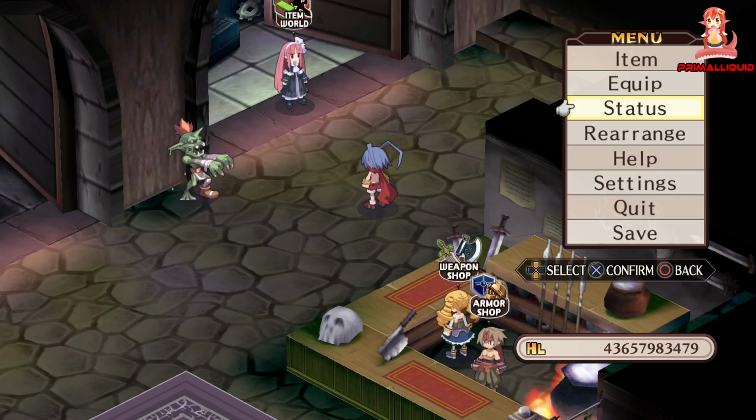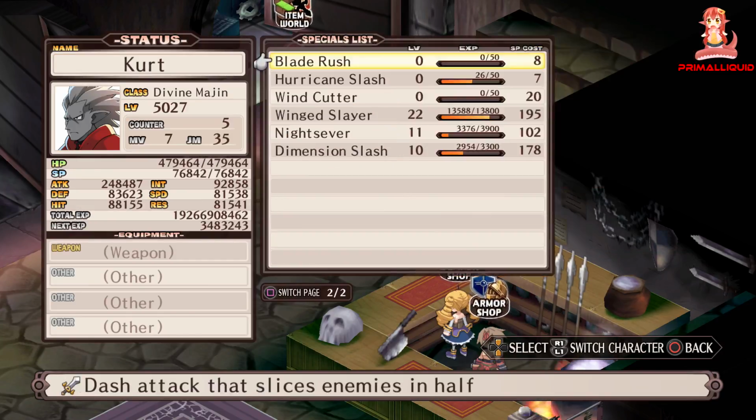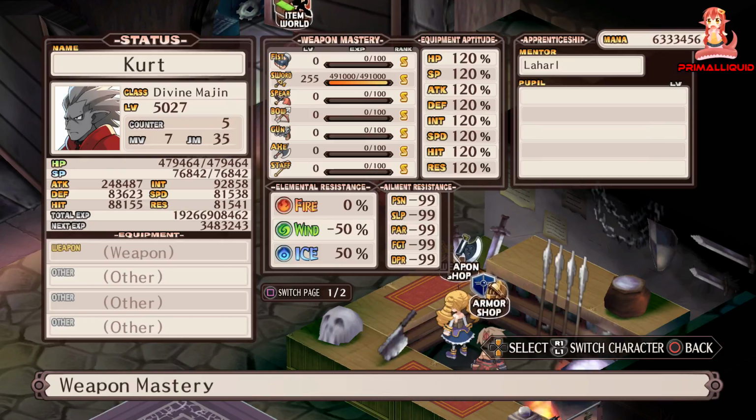Now in this video I'm going to show you guys the quickest and the easiest way of getting to the max weapon mastery, which is level 255. Now in Disgaea 1 there is no weapon mastery for monster weapons. There's only weapon mastery for fists, swords, spears, bows, guns, axes and staffs, which means this guide is only important